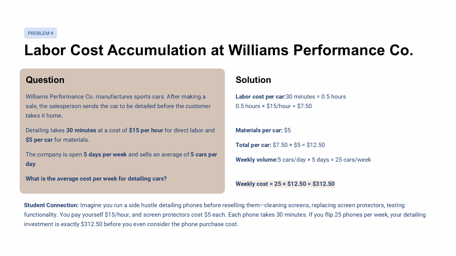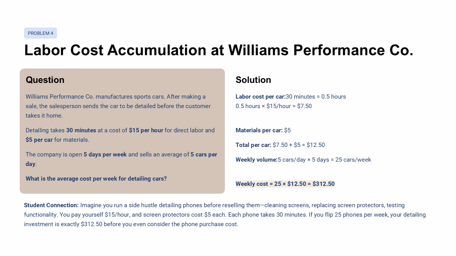$312.50. Let me walk through this calculation with precision because it involves multiple components: time conversion, labor cost, materials cost, and volume multiplication. First, the labor cost per car, 30 minutes equals 0.5 hours. And 0.5 hours times $15 per hour equals $7.50 labor per car. Add the $5 materials per car, and total detailing cost per car is $7.50 plus $5 equals $12.50. Now scale it up: 5 cars per day times 5 days per week equals 25 cars per week. Therefore, 25 cars times $12.50 per car equals